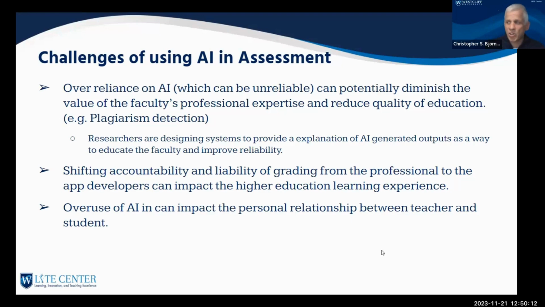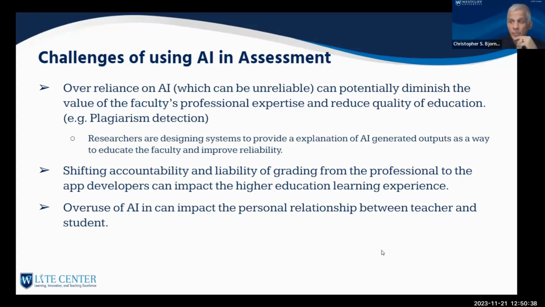I came across an article where researchers are designing new systems that will help explain the rationale and explanations of the AI-generated outputs as a way to increase confidence in the usage, and that helps educate the faculty and improve reliability, is what I put here.